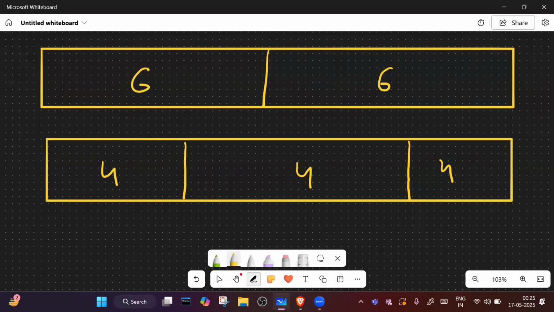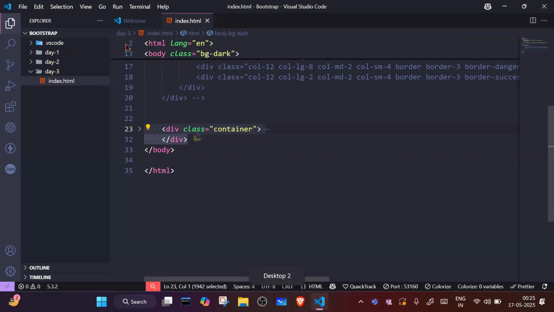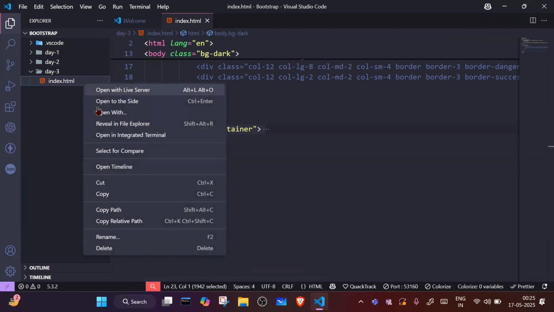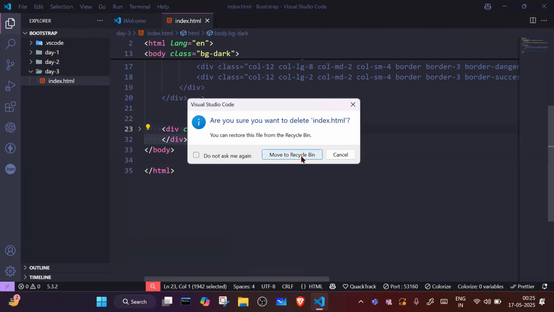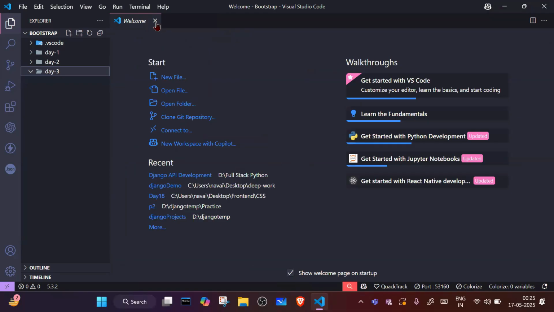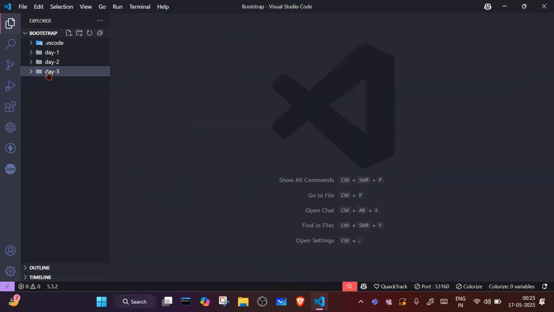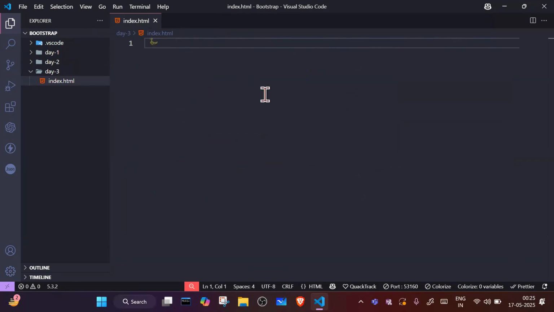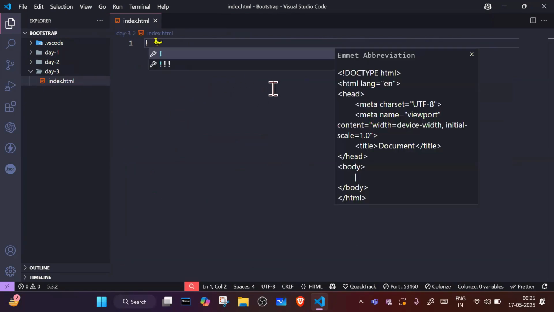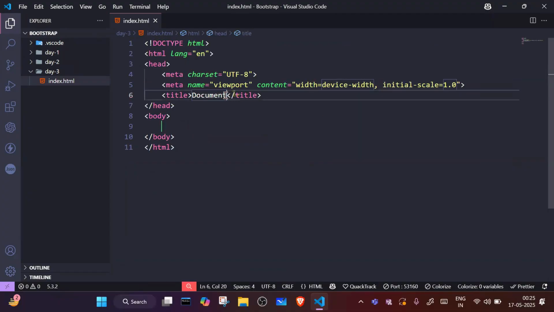Okay, so let me open VS Code. I have the day 3 folder here and I will create one index.html file. After that, I will take the boilerplate code by pressing the exclamation mark and Enter. And after that, I'm writing the title, which is Bootstrap layout. Now what we have to do is link